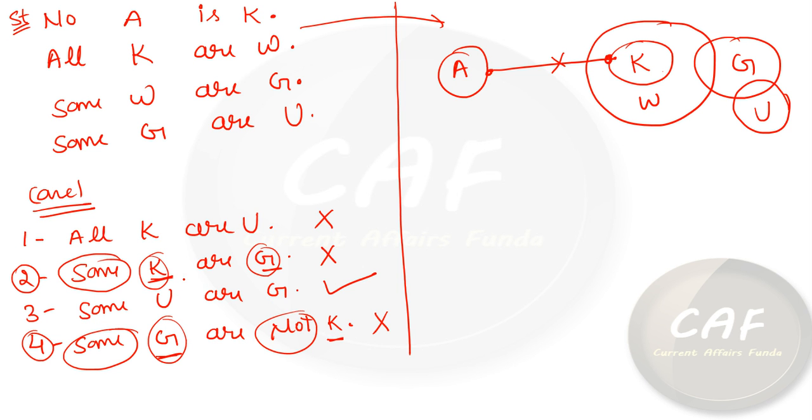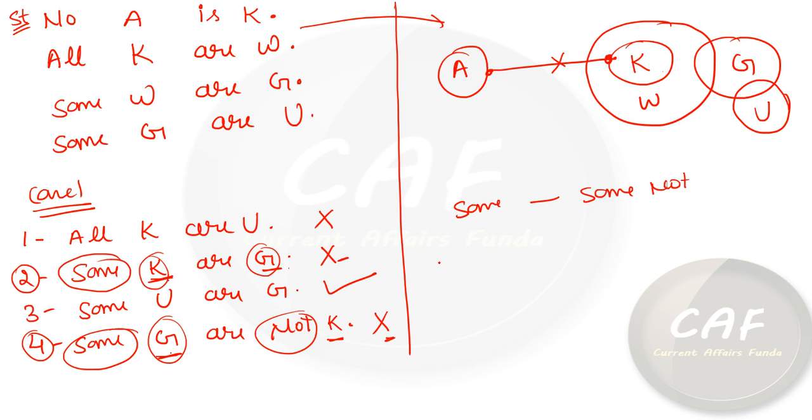Fine. So some K are G and some G are not K. Fine. So this is the relation of some and some not. And friends, subject and predicate, these are also common in the second conclusion also. So these both unfollow here. So we can say either second or fourth will follow.